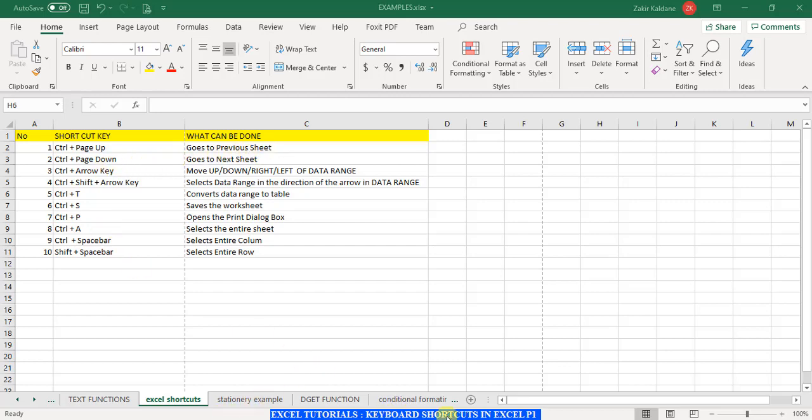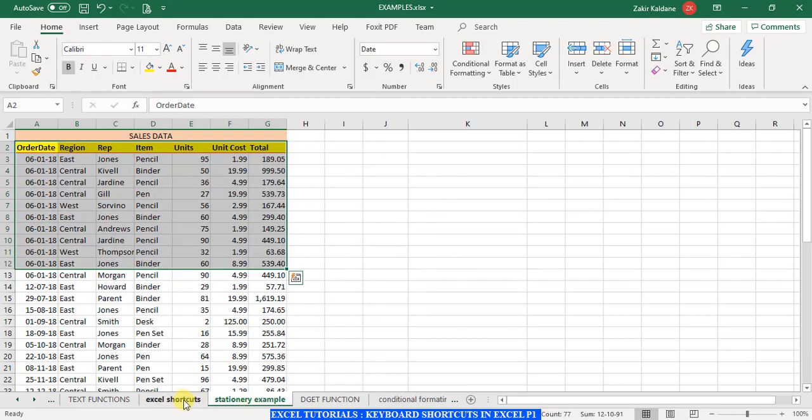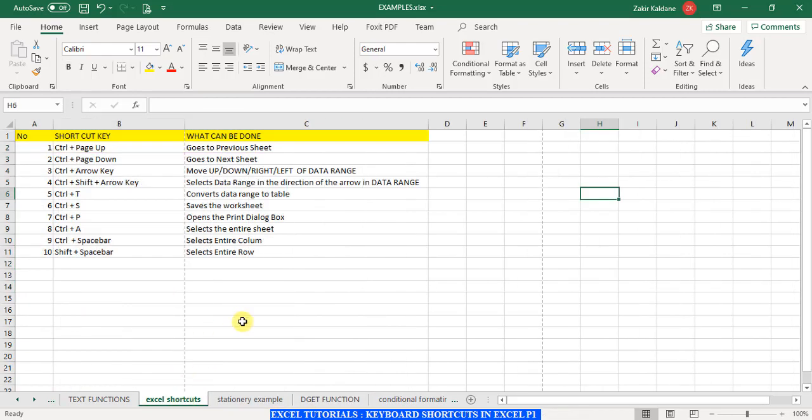On my screen are multiple sheets open, so keep an eye on these tabs. For the time being, if I want to go from one sheet to another, I have to use my mouse. Now Excel shortcut keys are supposed to ease your task and allow you to work directly from the keyboard and minimize the use of the mouse when you are operating on Excel. So let us see how to move from sheet to sheet in Excel.